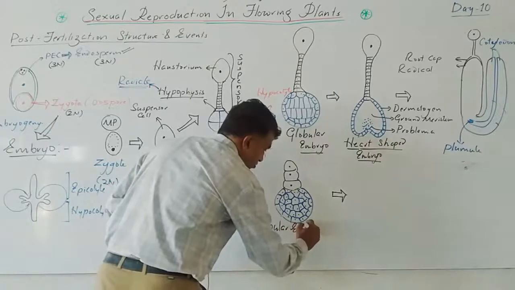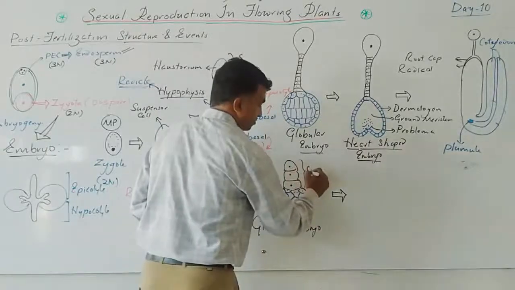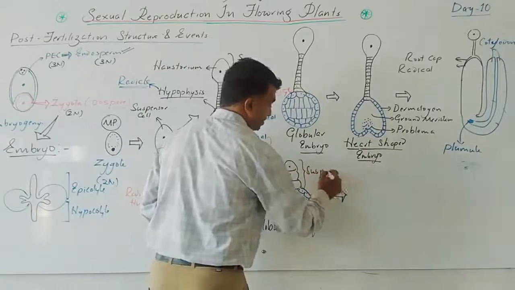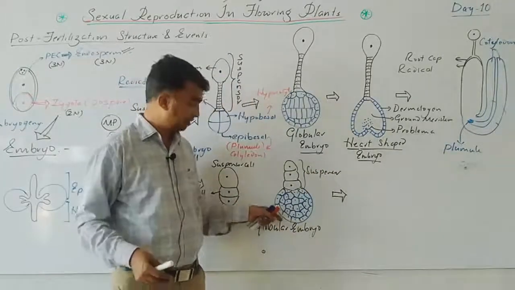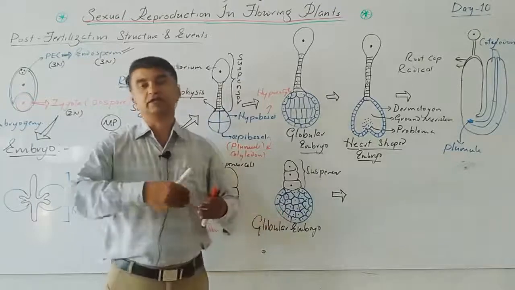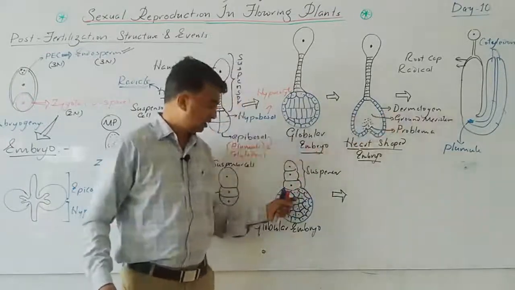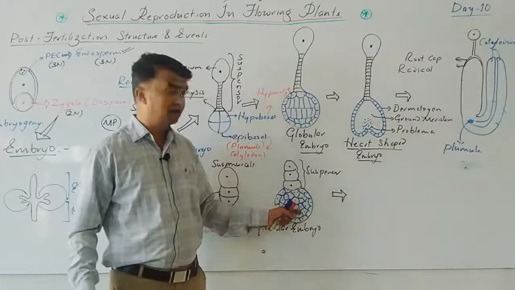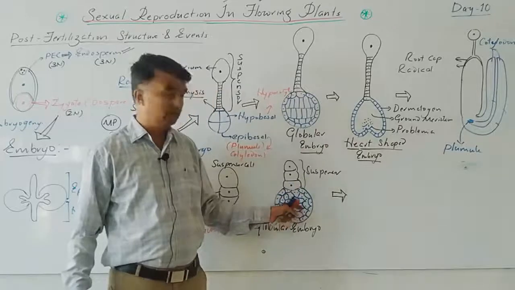Globular embryo, and this is the suspensor. Yes, this is the suspensor. So here also differentiation takes place. The outer layer is the protoderm, also called dermatogen. Inside, ground tissue is there, and some meristematic tissue is present. So like this one, gradually,